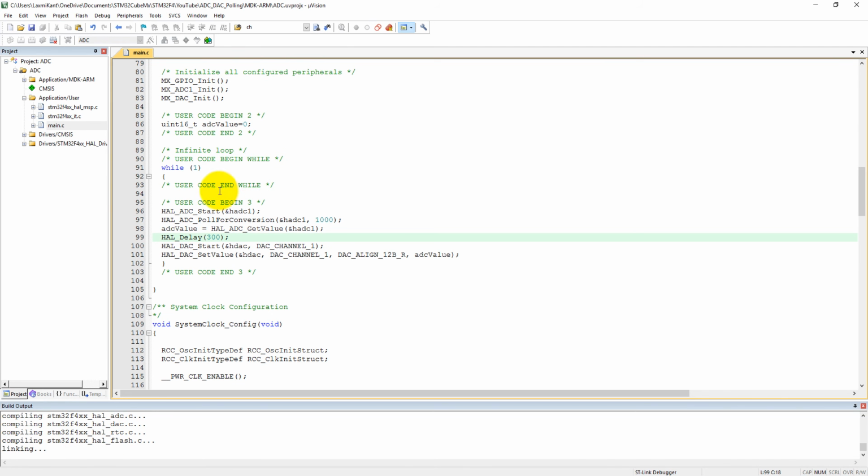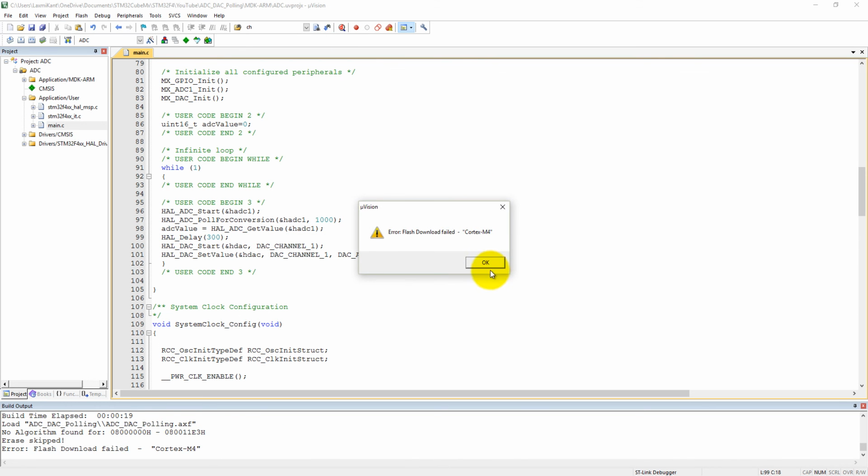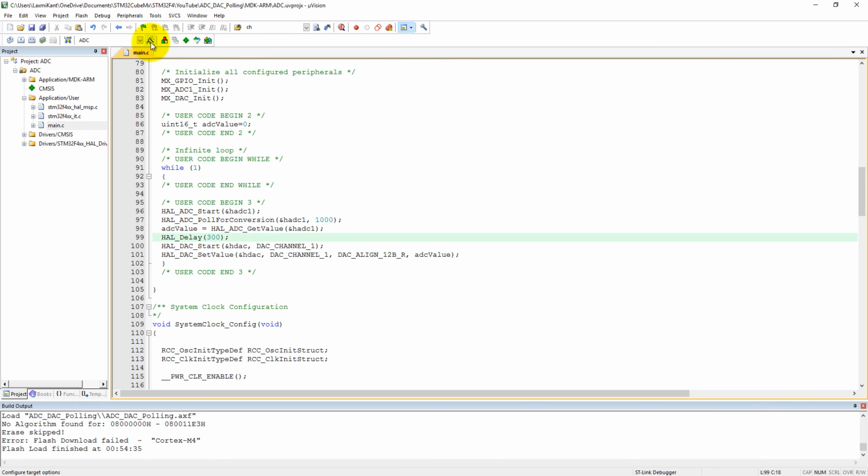Here you can see it will run in the while(1) loop, and it will introduce some delay, around 300 milliseconds, because of this HAL_Delay, and it will also add some extra overhead. Because of that, it will take some time to start the ADC, and it will take 15 clock cycles for conversion, and then reading the ADC value and then setting the DAC value. So it will add a little bit of extra delay overhead, that means more than 300 milliseconds. So let's come into the debugging mode and see what is possible.